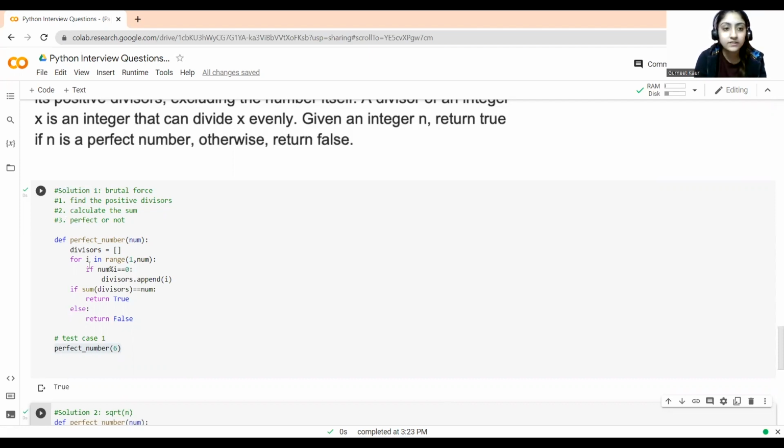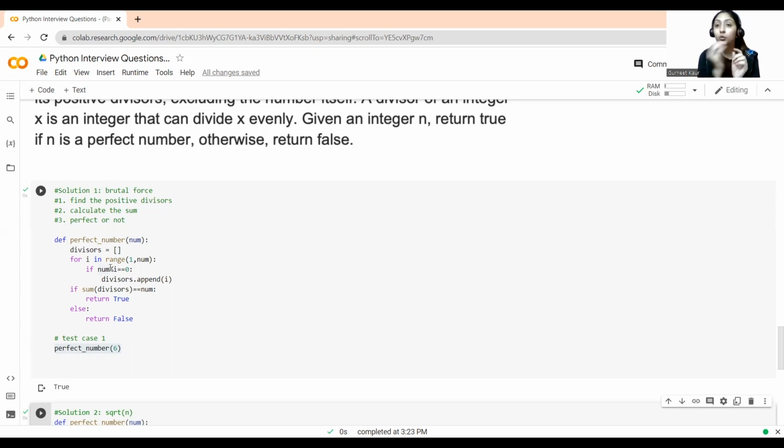If the number is divisible completely by the divisor, we will append the divisors. Now if the sum of the divisors is equal to the number, it will give me a true value. If it's not equal to the sum, it will return a false value.